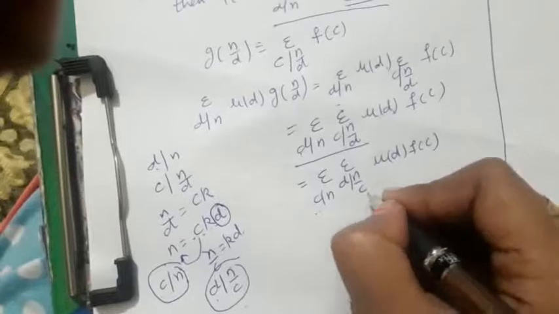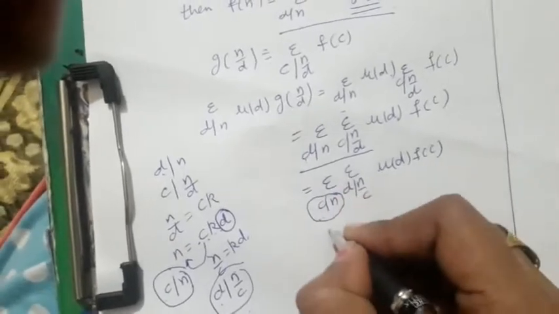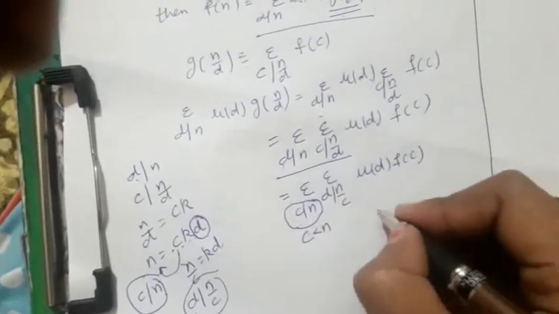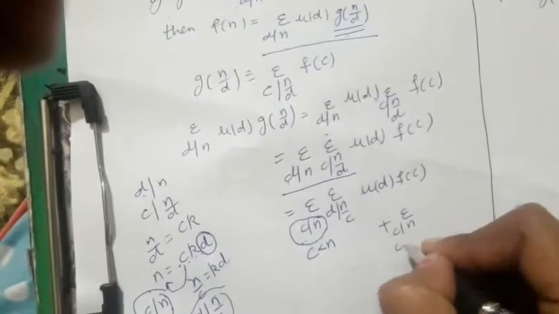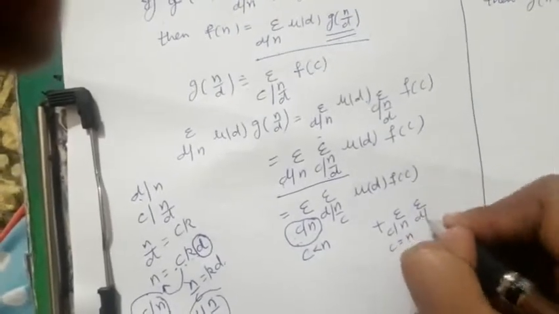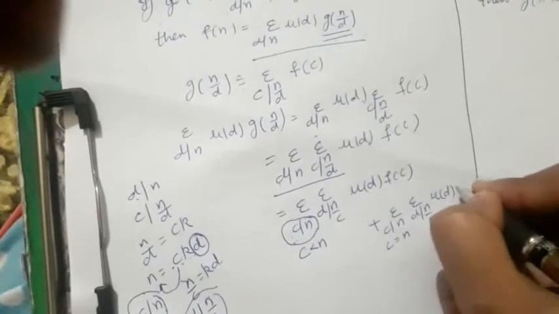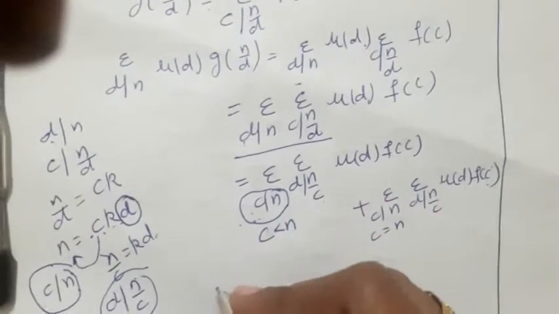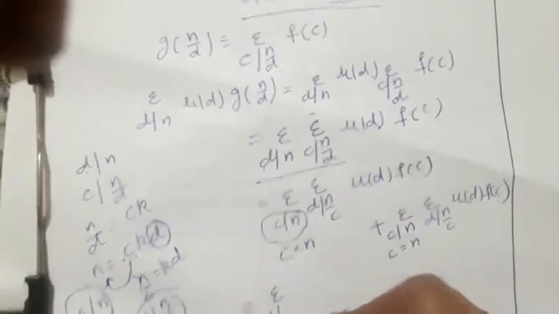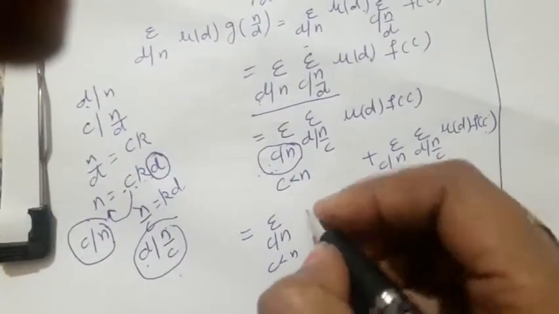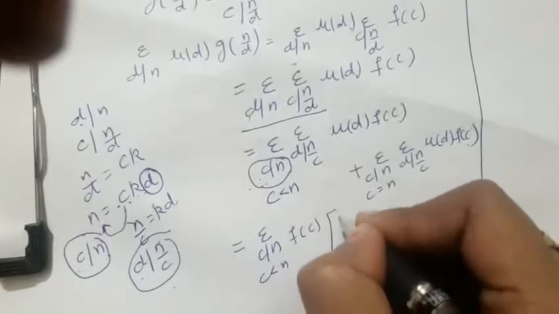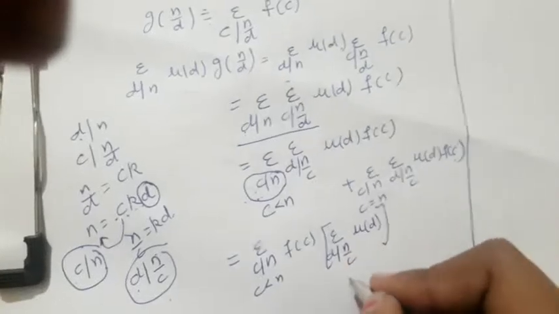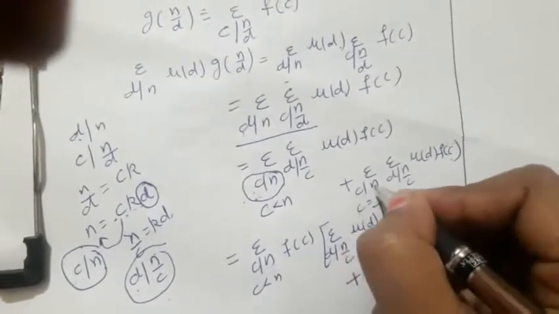Now we break this summation into two parts. c is a divisor of n. We take it as c less than n, because the divisors of n can be less than n and can also be equal to n. So summation c divides n, c is equal to n, summation d divides n by c mu(d) f(c). So what is this value? This is summation c divides n, c is less than n, f(c), summation d divides n by c mu(d), plus, since c is equal to n, so n divides n,